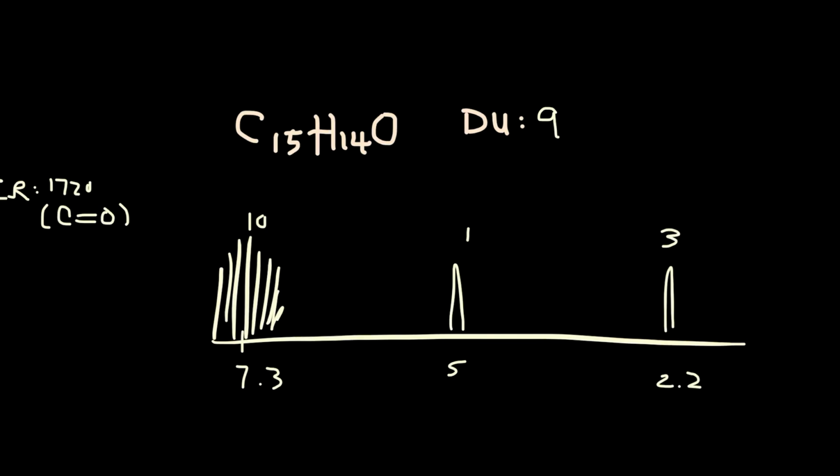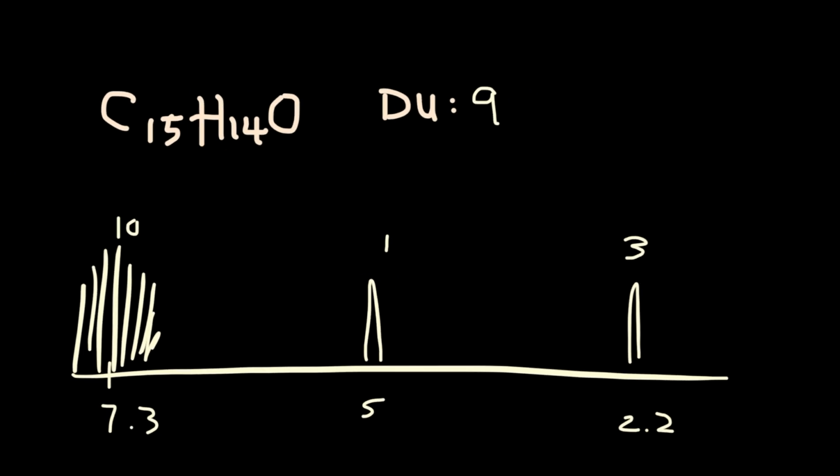In today's problem, we'll figure out the structure for this NMR spectra. And the addition here is we are dealing with a benzene here. So how do we know? First, we always start by calculating the degrees of unsaturation. In this case, it's 9. It's huge. And the fact that there is a multiplet at around 7 is always indicative of